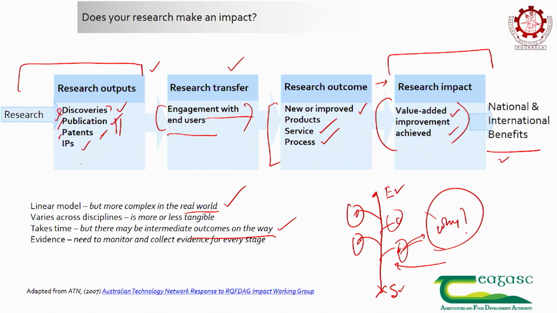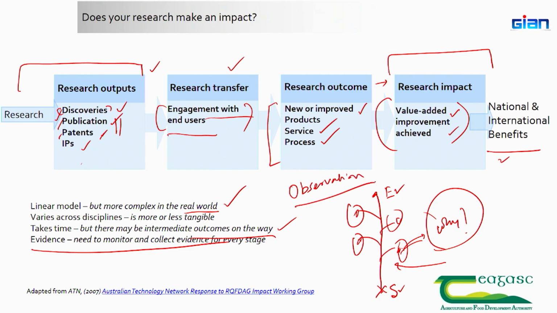Researchers are not the ones who come at 9 o'clock, sit at a computer like a bank employee, and go home in the evening. It is a 24/7 activity. We have to keep thinking. Evidence: you need to monitor and collect evidence at each and every stage. That means observation. Observation is the key. The person who discovered radium was discovering something else. If you see Marie Curie's biography, radium was accidental, but only because of observation it was obtained. The same thing happened with carbon.